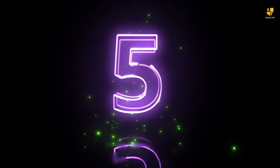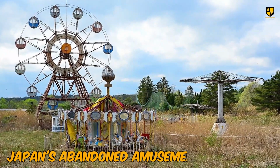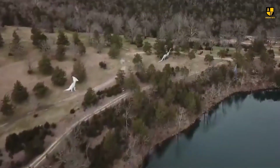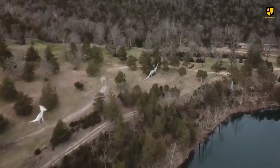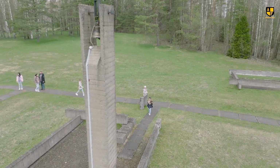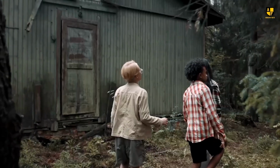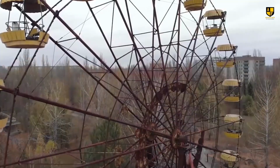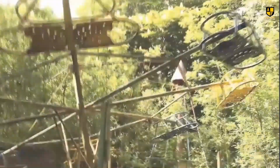Number 5. Japan's abandoned amusement park rides. In Japan, hidden among the trees, there's an old amusement park that's like a secret from another time. When people go there, they find something spooky but fascinating. So imagine walking through a place where the roller coasters, Ferris wheels, and carousels are all covered in rust and